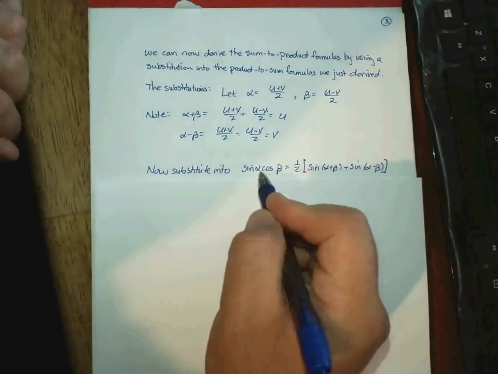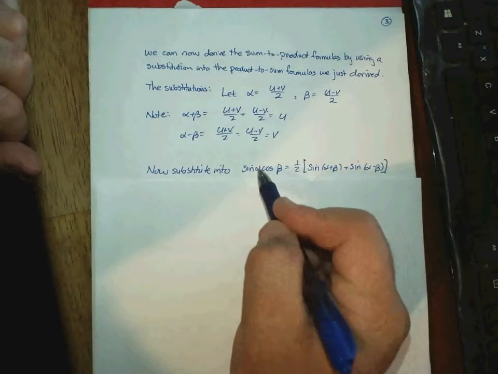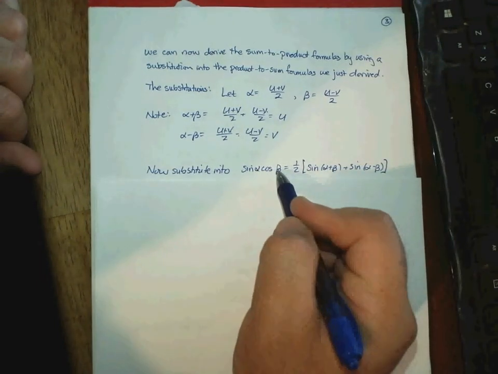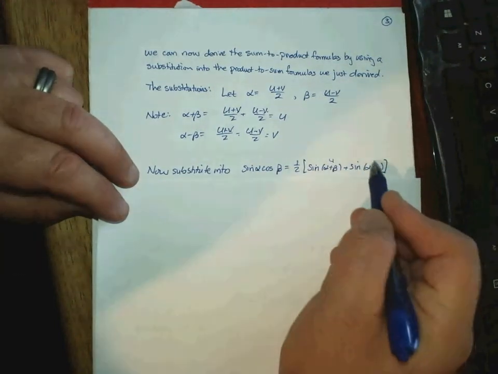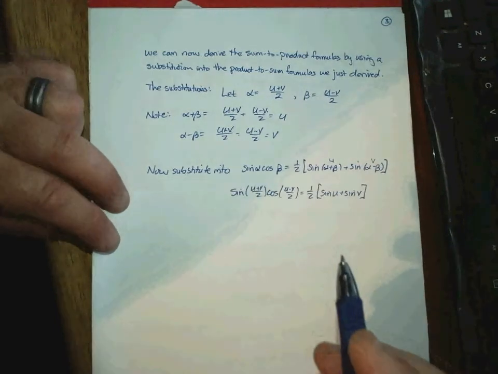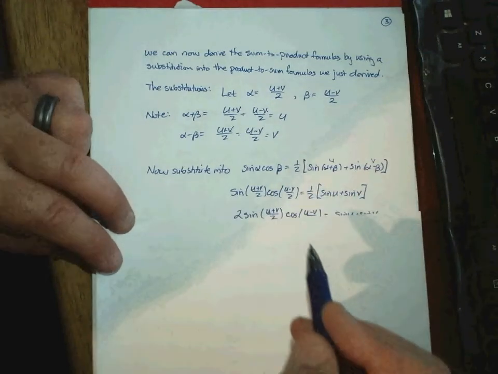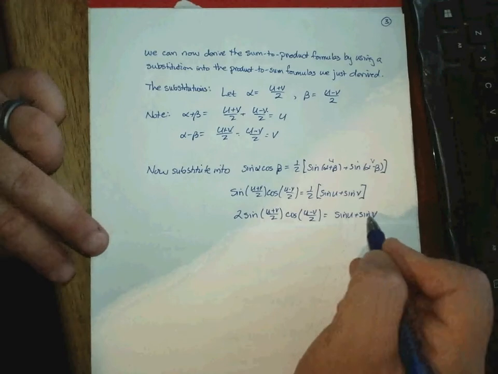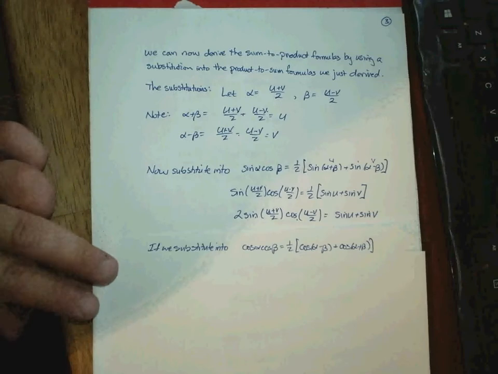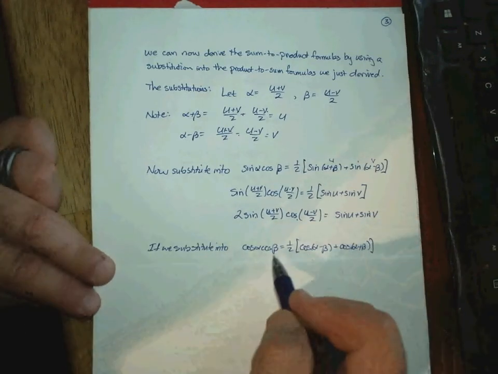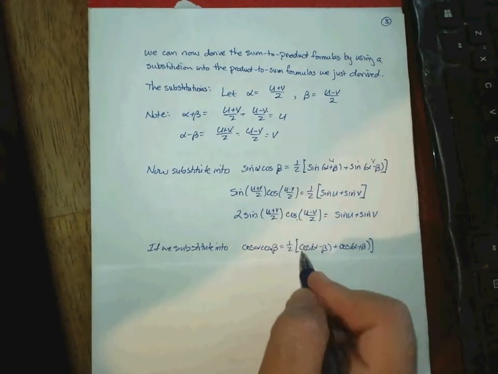So when I look at this identity that we've derived before, the product of a sine and a cosine, and I replace alpha with u plus v over 2 and beta with u minus v over 2, the alpha plus beta is going to become u, and the alpha minus beta is going to become a v, and it gets rewritten this way. If I now multiply both sides by a 2 to get rid of this half here, I get the sum of a sine and a sine becoming the product of a sine and a cosine in this form. Okay? If instead I had started with the identity cosine times cosine instead of sine times cosine,